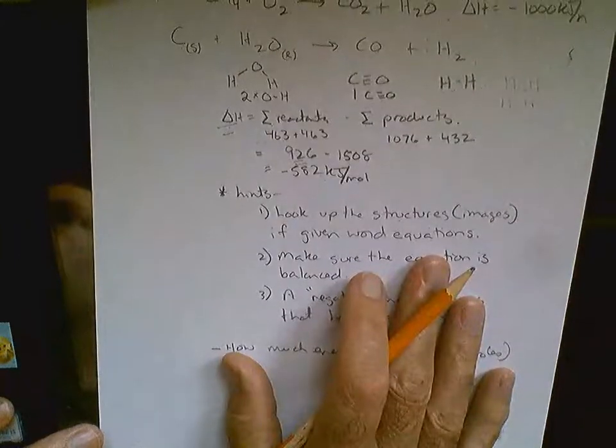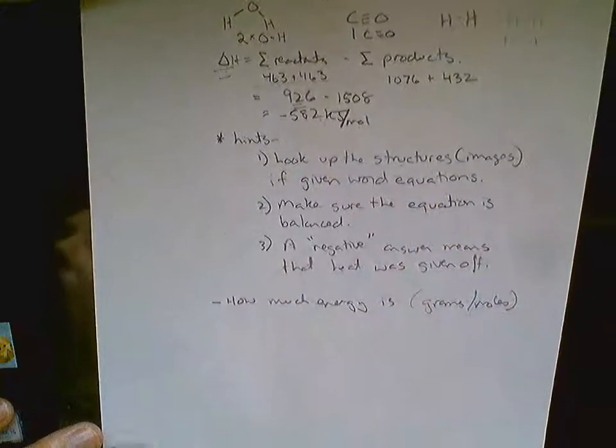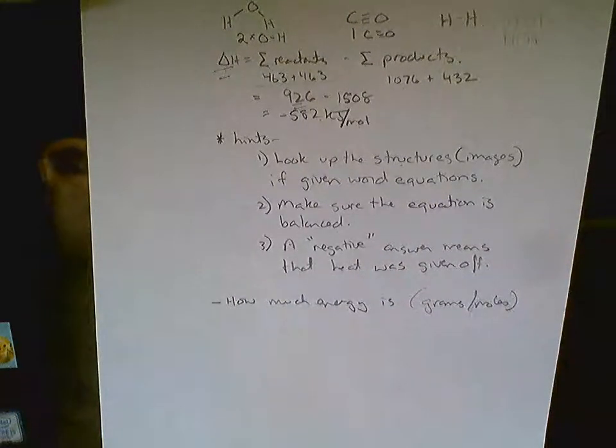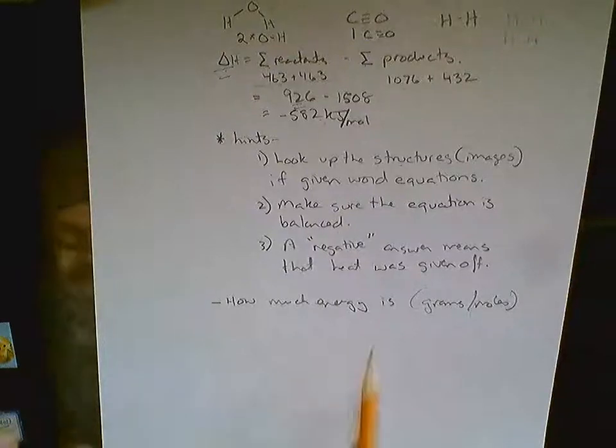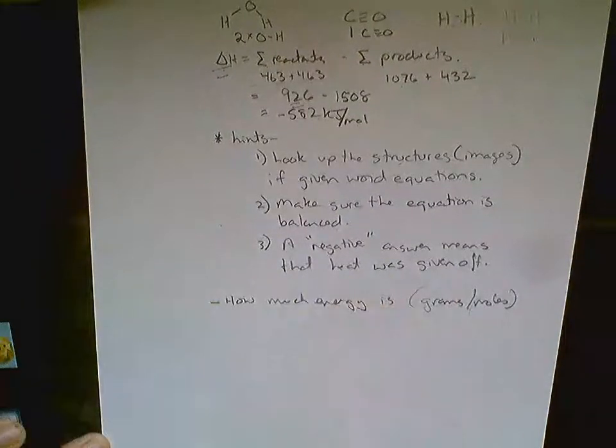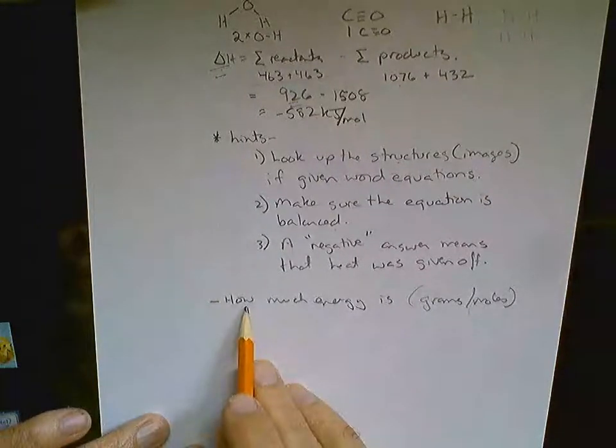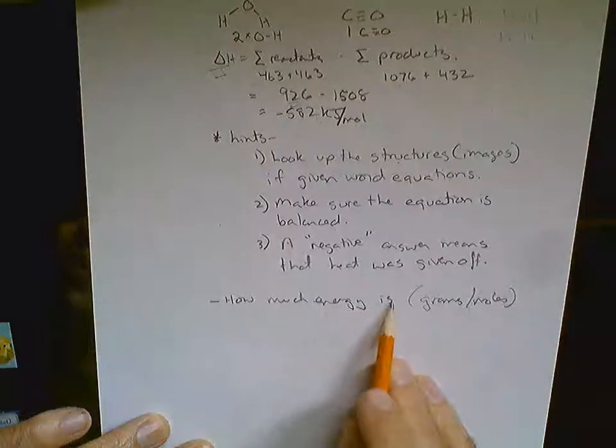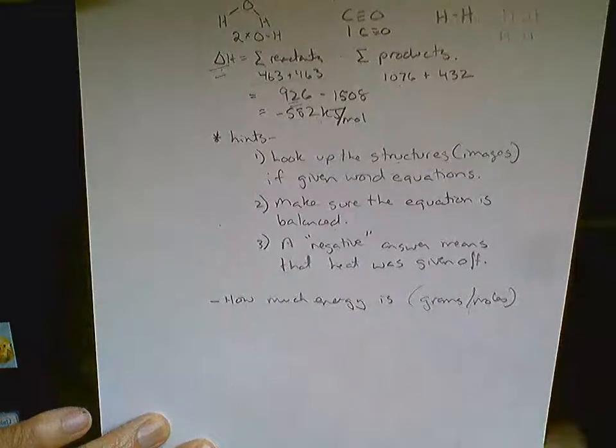Once again, if they tell you a reaction, if they say methane plus oxygen makes water and carbon dioxide, you can look up balanced reaction of burning of methane, and you will get that balanced reaction if you're not good with balancing. Don't forget, a negative reaction means that heat is given off. In a question, if you're doing a quiz, which you will do at the end of this, if they say how much energy is given off by, let's say it's 3 moles,